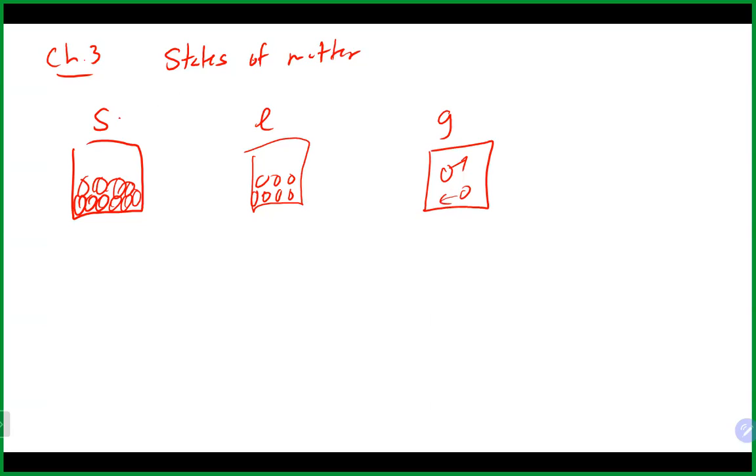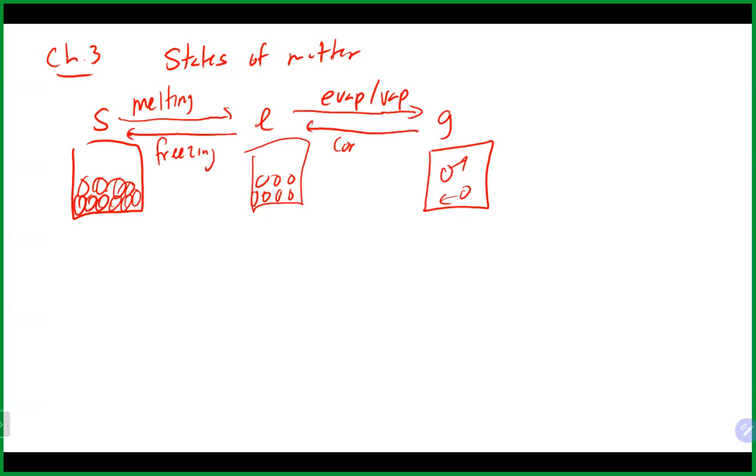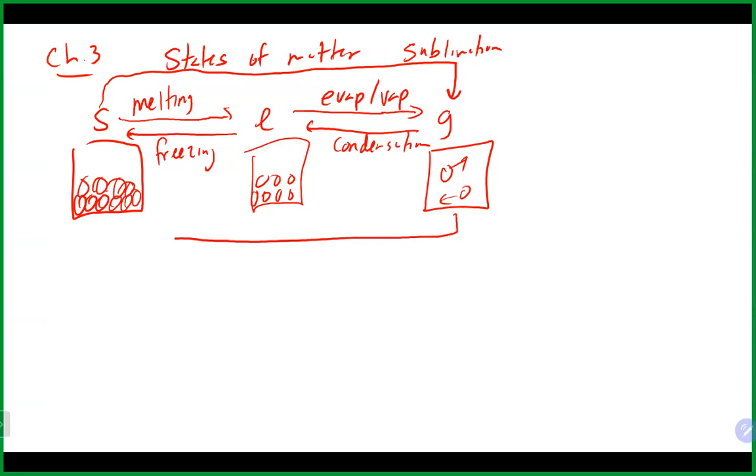The changes of phase here: solid to liquid, that is what is referred to as melting. Going from liquid to solid, that is freezing. Going from liquid to gas, that is evaporation or vaporization. Going from gas back to liquid is condensation. And going from solid, skipping the liquid part, is sublimation. And heading in the opposite direction, going from gas back to solid, skipping the liquid part,